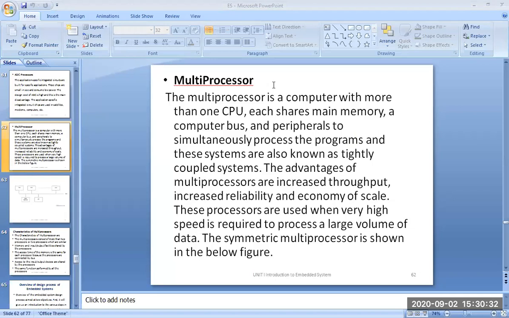Is it working? Is it audible? Am I audible to all of you?